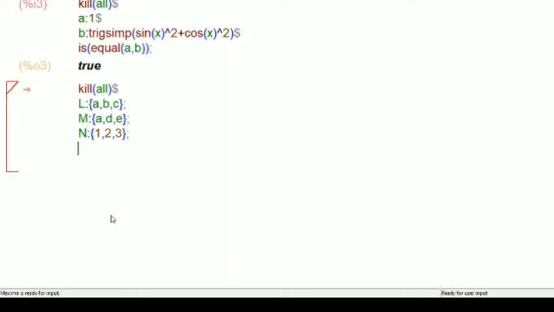What was your first one? L union M. How are you going to find the union of two sets? Yes, the command is union of L comma M. Okay, next, union of M comma N. You have to give capital N if you use capital N, because if you give small n, it is unknown.